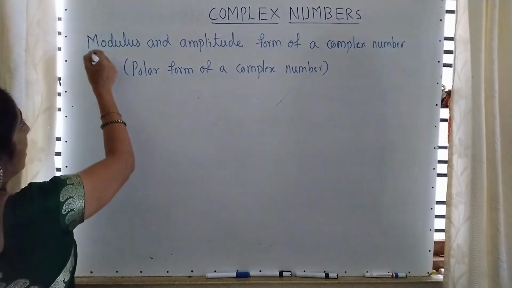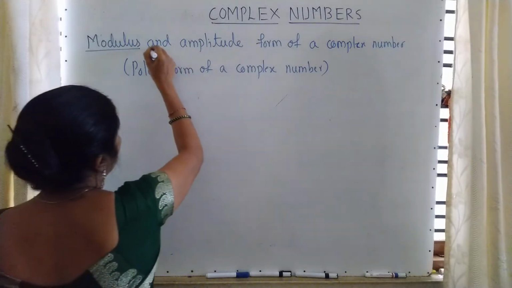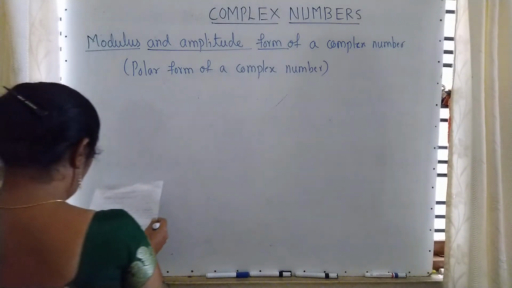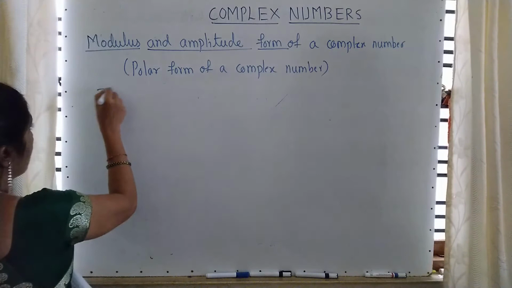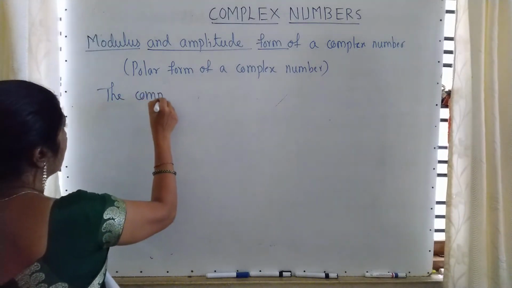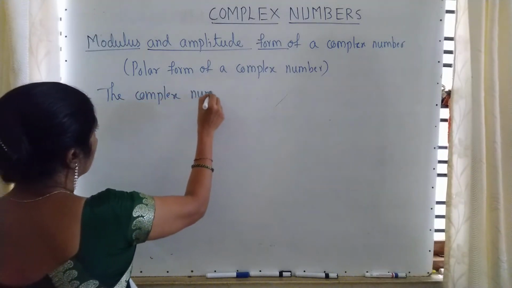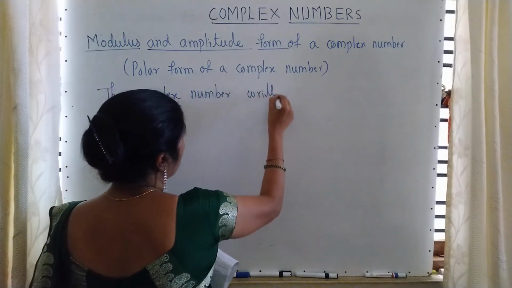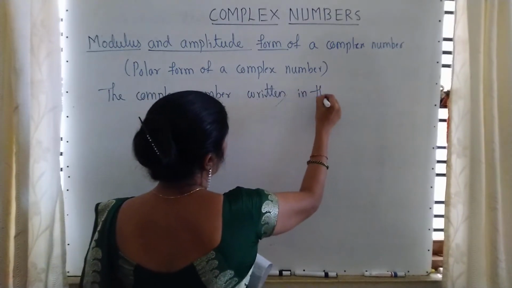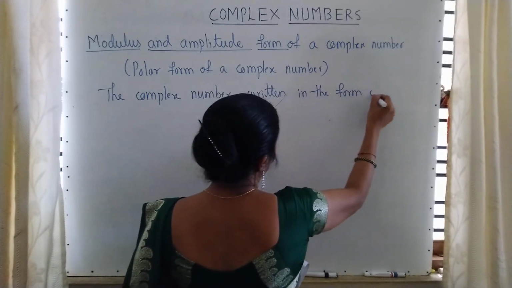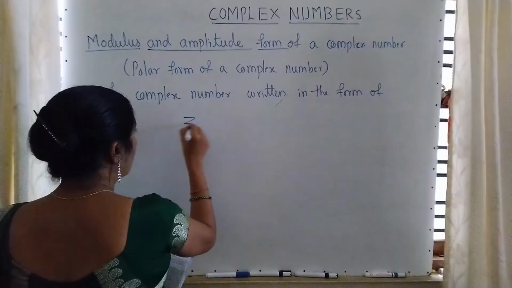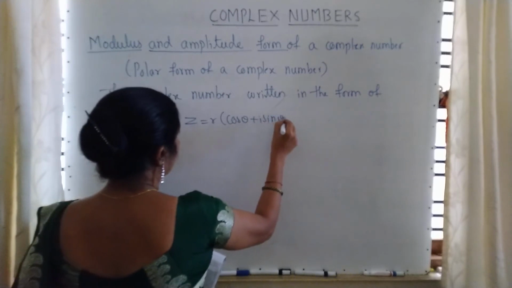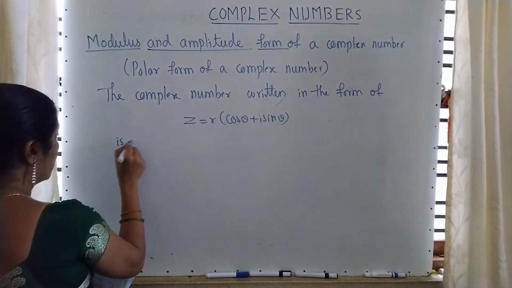Next is modulus and amplitude form of a complex number. It is also called the polar form of a complex number. See, the complex number written in the form of z is equal to r in the bracket cos theta plus i sin theta is called